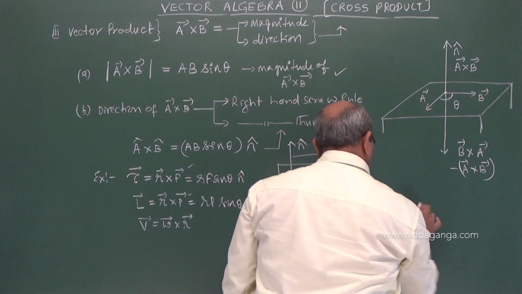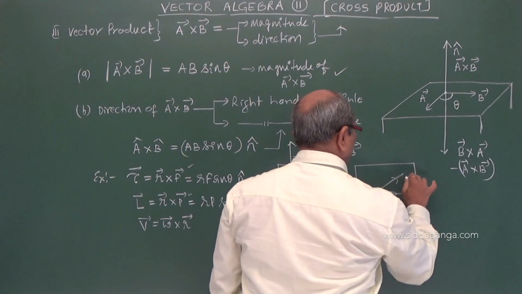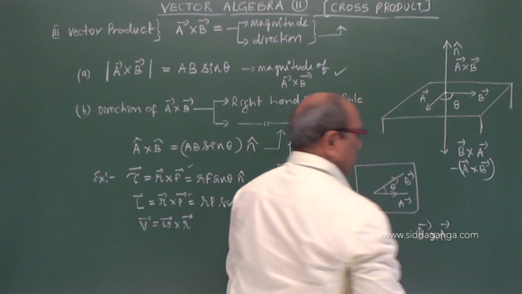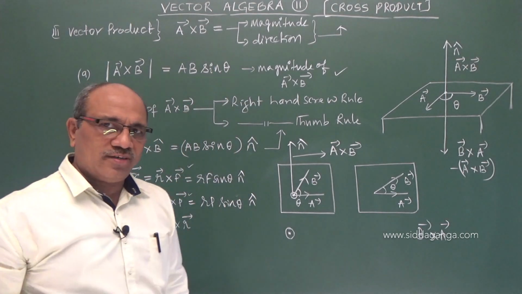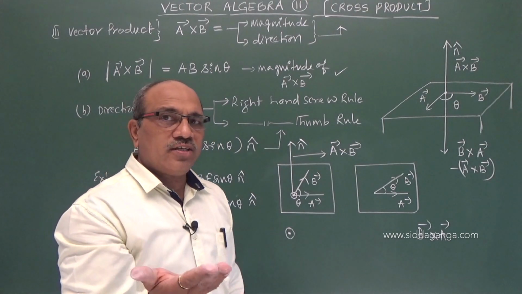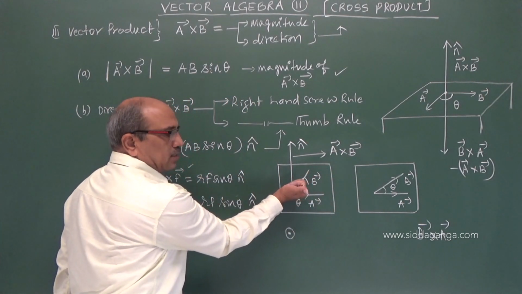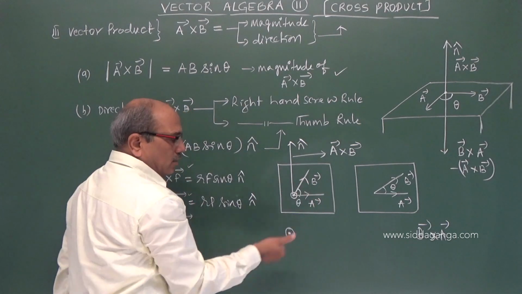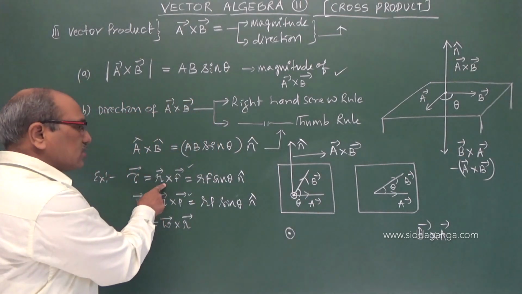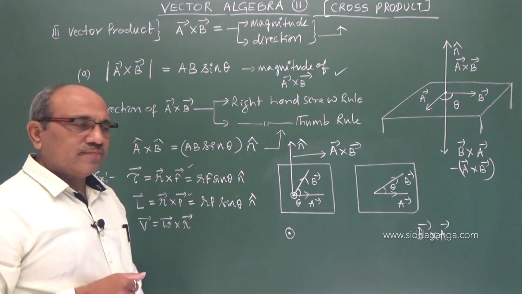Similarly, the same board plane, vector A and vector B the same, theta is the angle, but now I am interested in B cross A, not A cross B. Now you have to follow which vector is first. Here, B is first. In the earlier case, A was first. I turned from A to B, thereby my thumb is outward and the vector is also coming outward. A cross B is acting outward. For R and F, R cross F, the torque is perpendicular, out of the board.